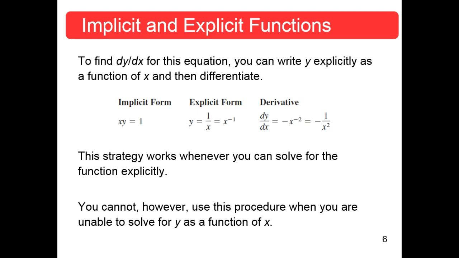How would you write this implicit function as an explicit function? y is a function of x. y is equal to 1 over x. Okay, yeah, you read that from before. Okay. Yeah, you divide both sides by x. Isolate the y. Get it explicitly in terms of x. And that's what we did. Once you got it in that form, I would suggest, like they did, write it in exponent form rather than